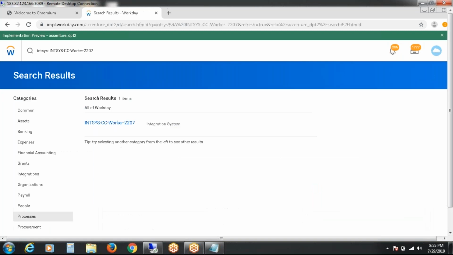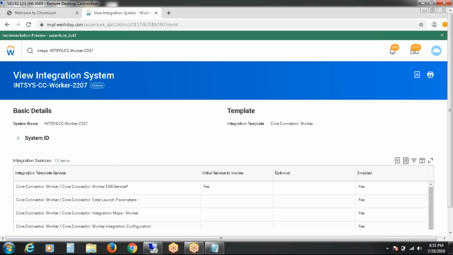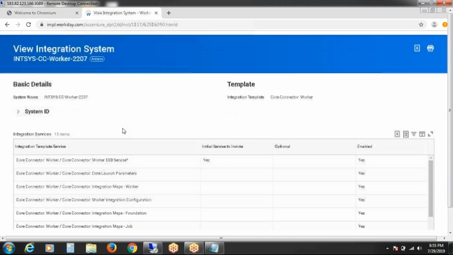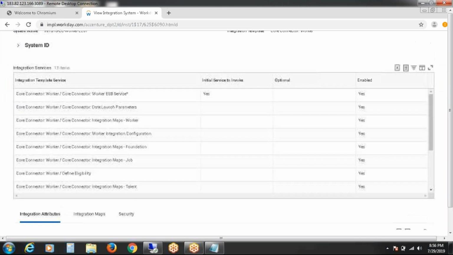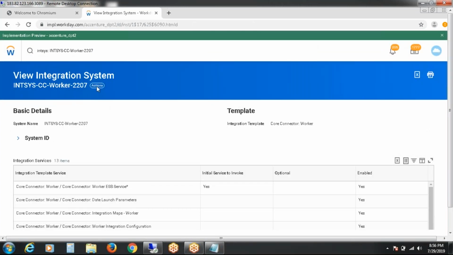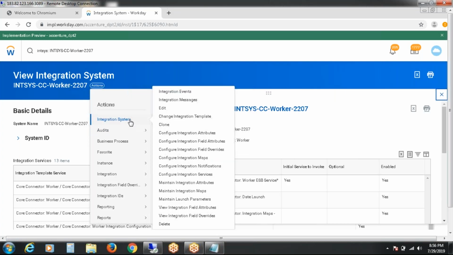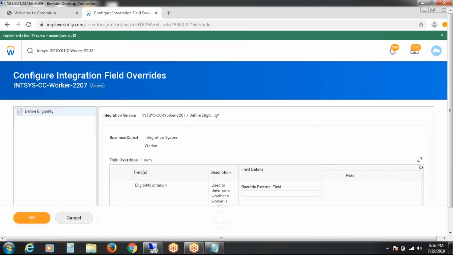Now I need to call some field overrides. For that, I need to configure custom integration services. What do I need to do? Go to related actions, go to integration system, configure integration field override.